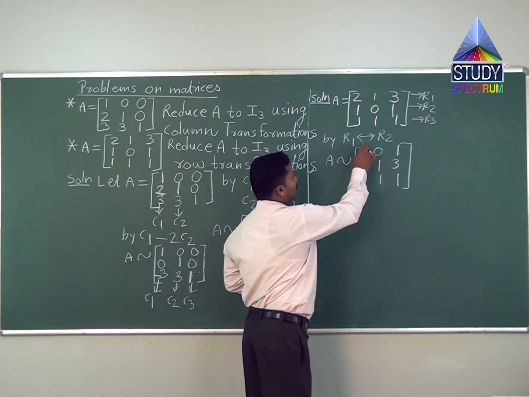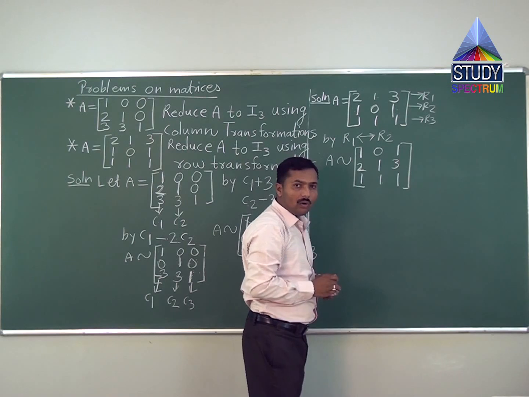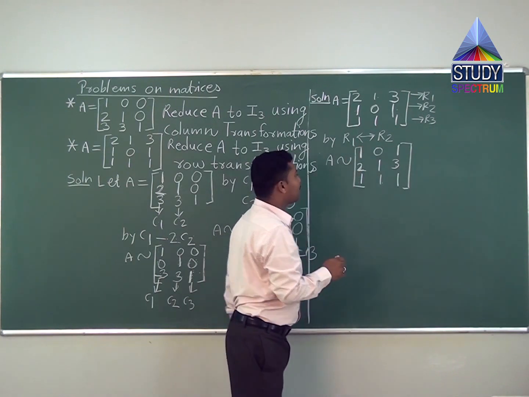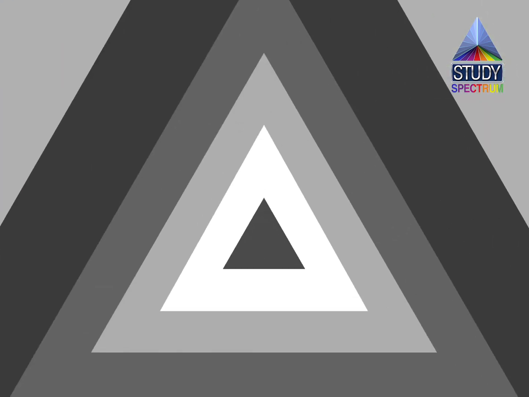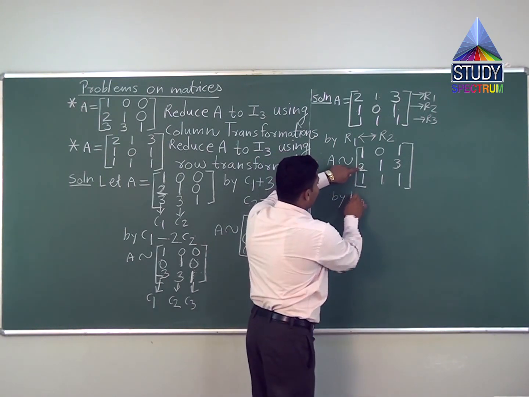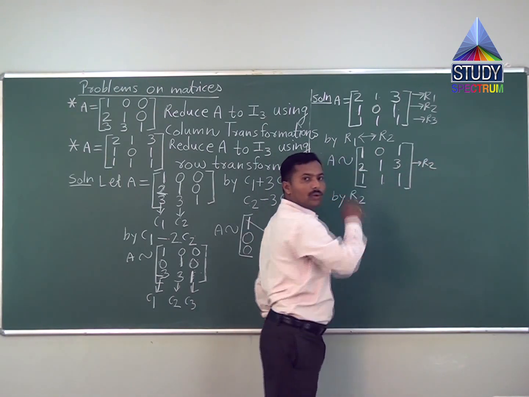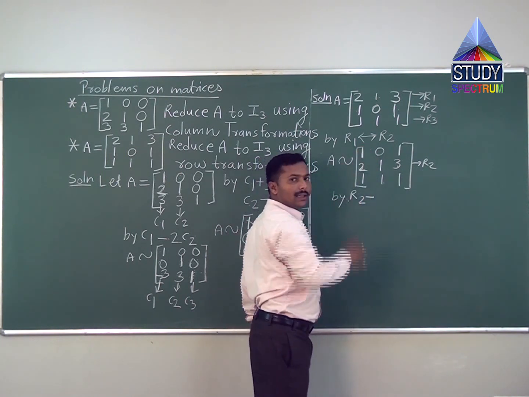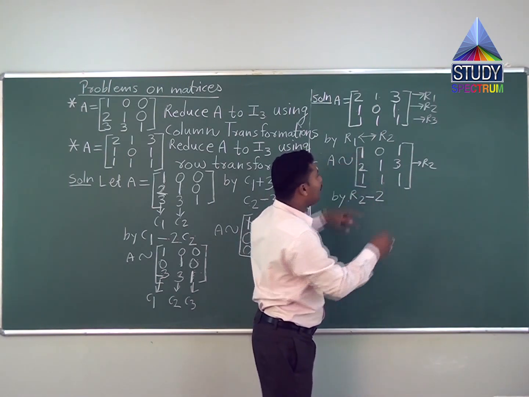So by using this 1 we make this 2 a 0 and this 1 a 0. How? Here, if we multiply this number by this number, what happens? We get 2, and 2 minus 2 is 0. Therefore, what will we do? This 2 is a member of the second row R2. Therefore here we write R2. Multiplying by 2 and subtracting gives us 0, so here we write 2, and 1 is a member of